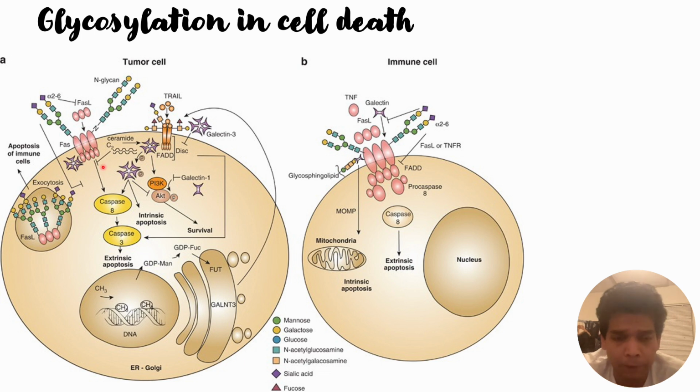However, in the tumor cells, because of mutations, the glycosylation machinery gets disrupted, which leads to aberrant glycosylation on the cell surface, and that will cause different effects. Some of them might help in the attenuation of the apoptotic pathway, and some of them might trigger the apoptotic pathway. So in the FASL receptor, there is an aberrant glycosylation of alpha-2,6-sialic acid, and that will prevent apoptosis by